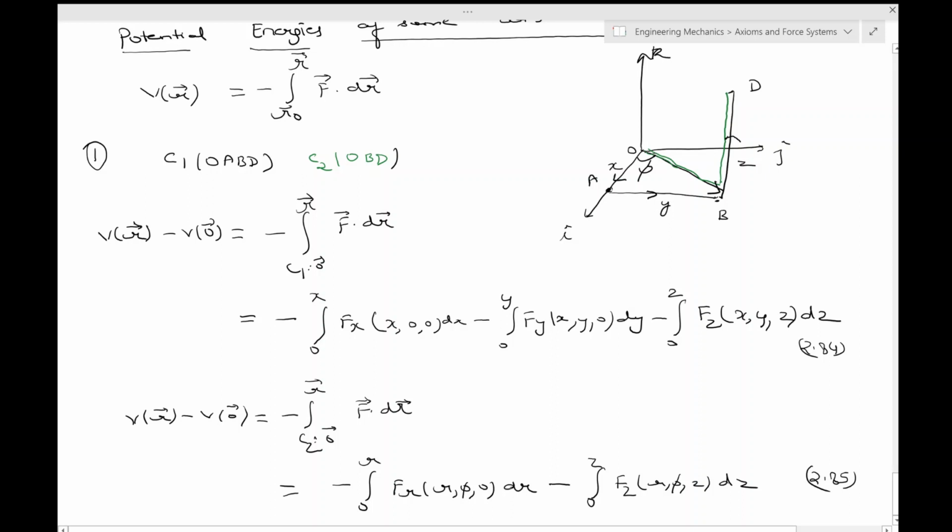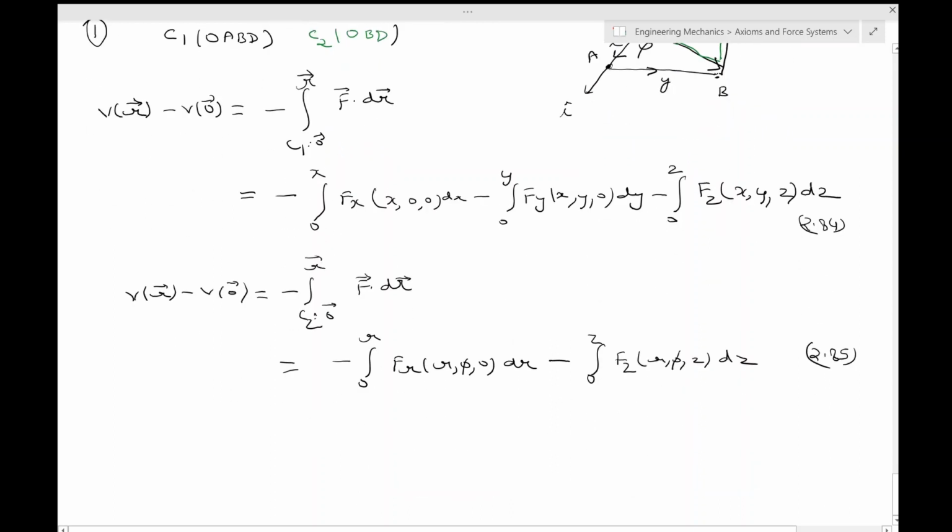Let's take up another example. In this case itself, so let's call it example 2, but it's somewhat related to this case. So for example, if the force has components fx, fy and fz, over here fx, fy and fz can depend on all three coordinates, meaning x, y and z. But if for some reason fx is only dependent on x, fy is only dependent on y, plus fz is only dependent on z, then